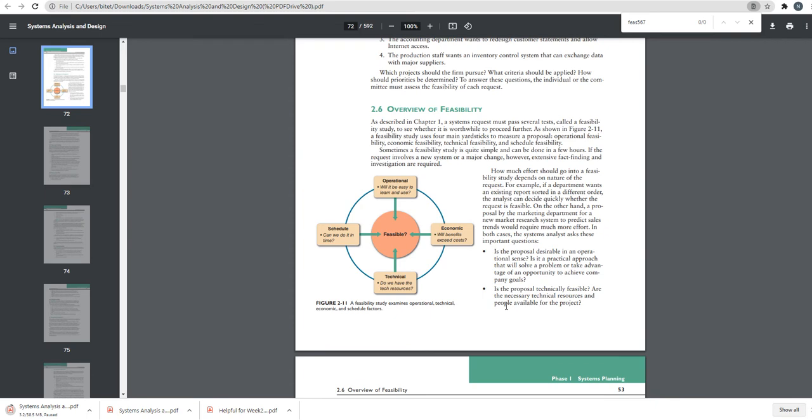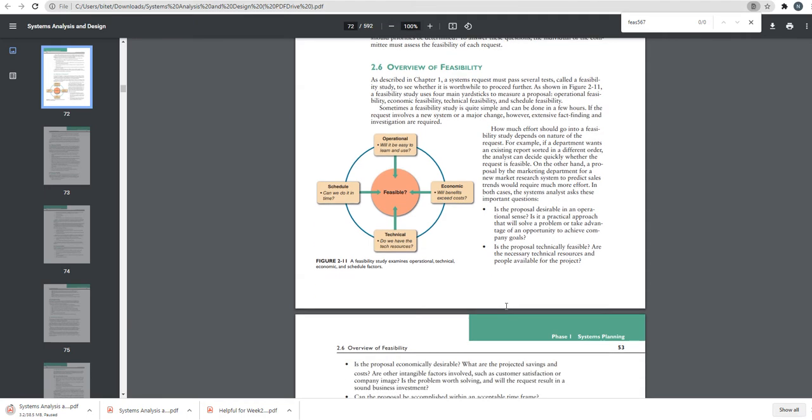We will be evaluating 4 important feasibility studies that include operational feasibility, economic feasibility, technical feasibility, and schedule feasibility. Based on the study, it is possible to understand whether the application that we have proposed in the system requirement diagram